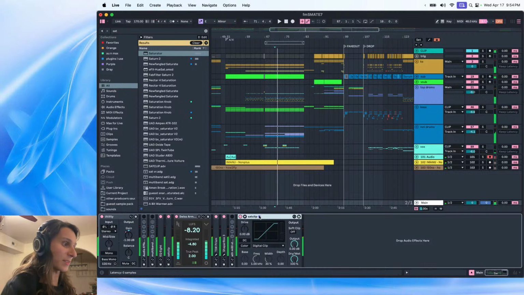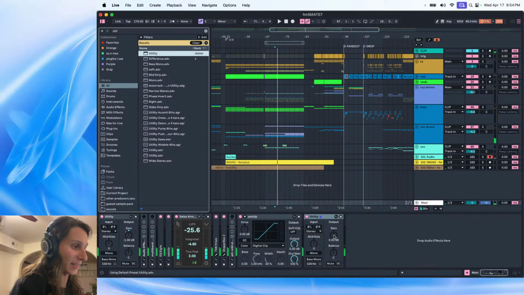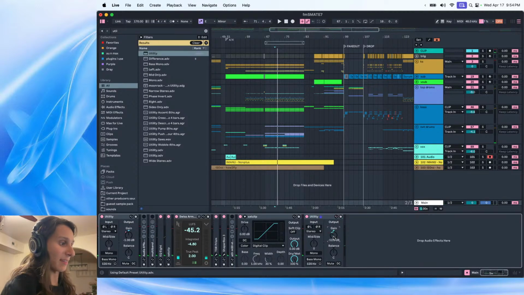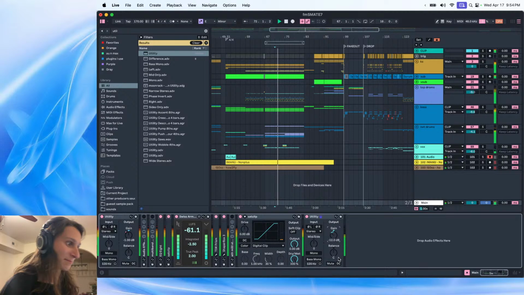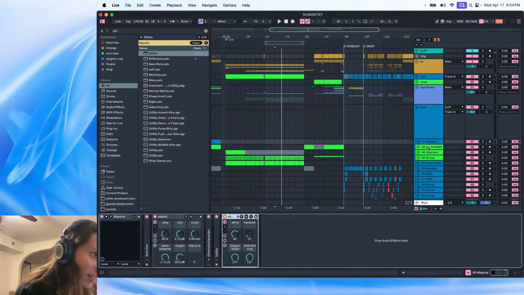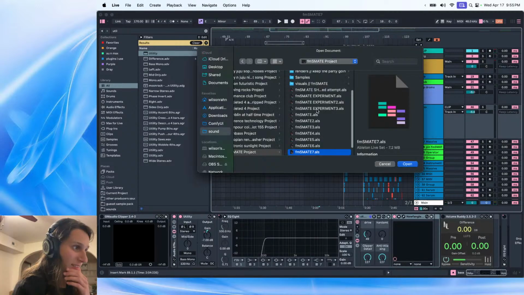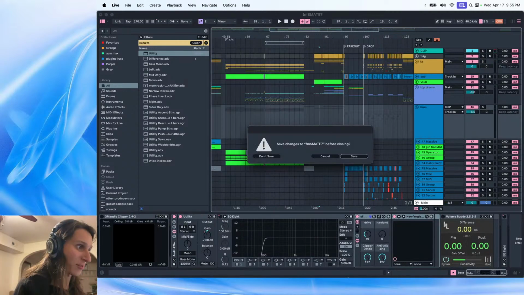So this is gonna be hella loud, so I'm just gonna put a clipper on the end of it and then lower it by 12 decibels. But yeah, so you can see that I was clipping here. I was clipping here. There's clippers everywhere. And then in this experiment version,